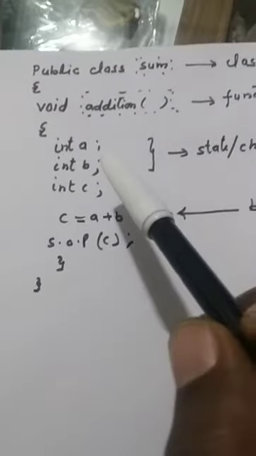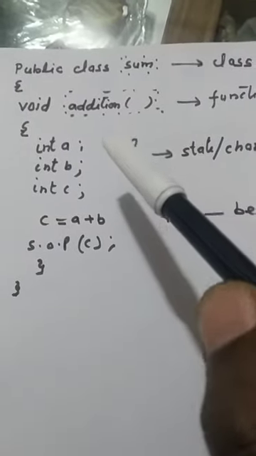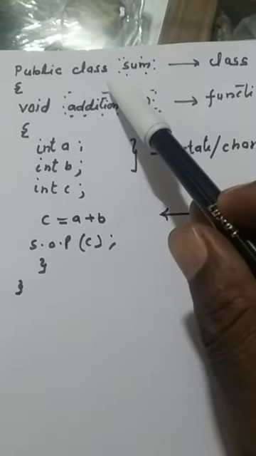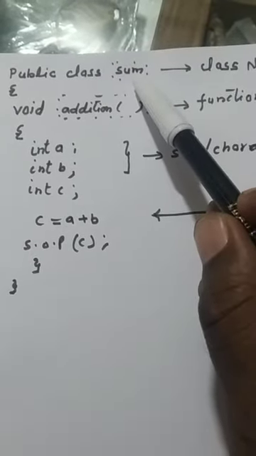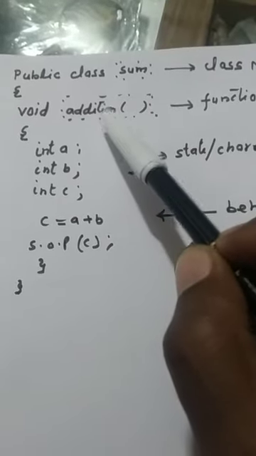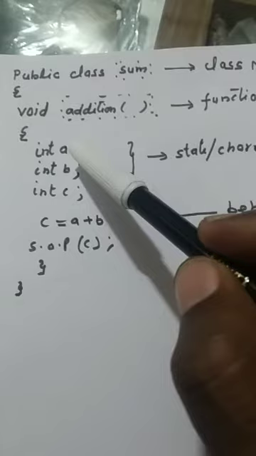But in the context of computer programming, I am taking one example here. See, this is the addition of two numbers. Its class name is sum, its function name is addition. And what is an object? And these variables,